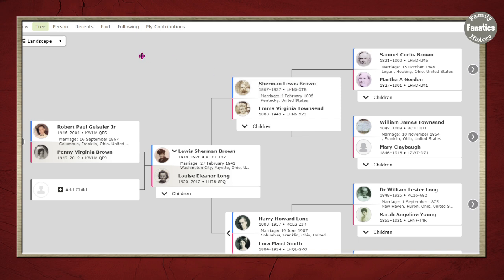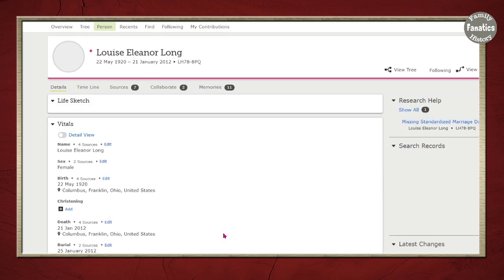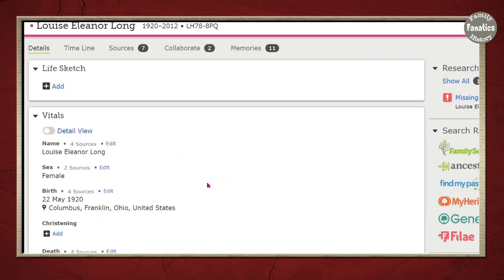So what is the next step when you are utilizing Family Search to research your family tree? Well, the first thing you need to do is validate these relationships. So one of the things that you can do is go in to a profile page by clicking on any of these person's names and then click on their name again, and now you're in the profile page. So now we're validating your mother. If you are Penny, we're validating your mother.